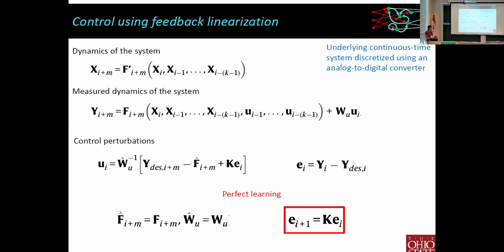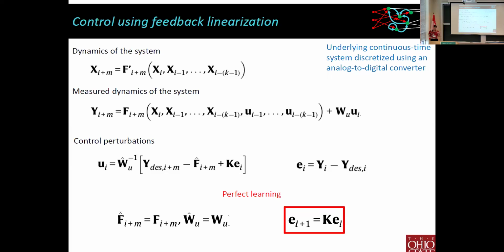And we're assuming that there is some mapping from the underlying states of the system. U's are my control perturbations, the knobs that I can turn for trying to change the state of the system. And then Y is just what I can actually get out of my sensors, what I can measure. Here, I've only got the control perturbations from states further in the past. U_i is the perturbation that I apply now to try to perturb the system. So I've pulled this out, especially from this problem.